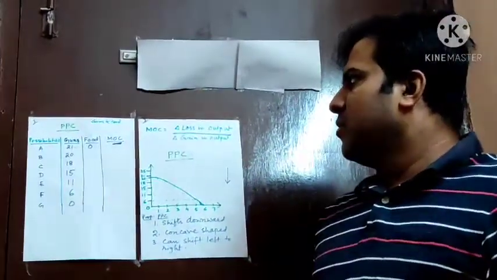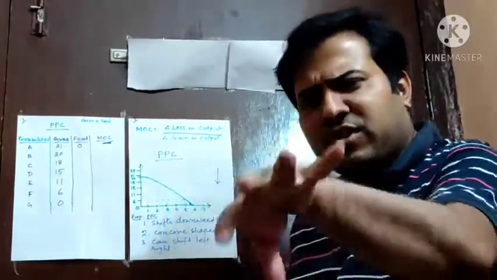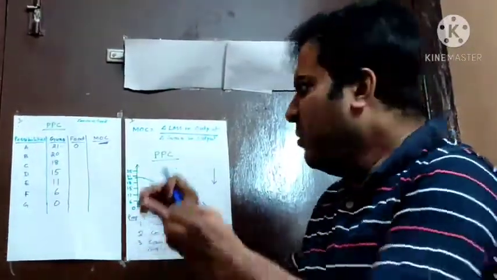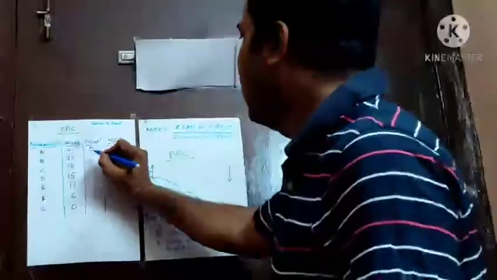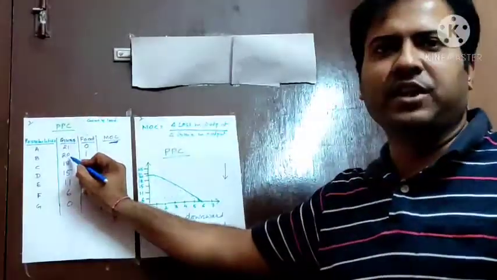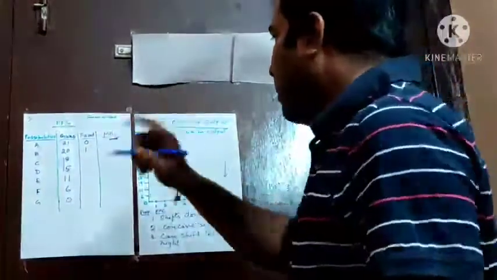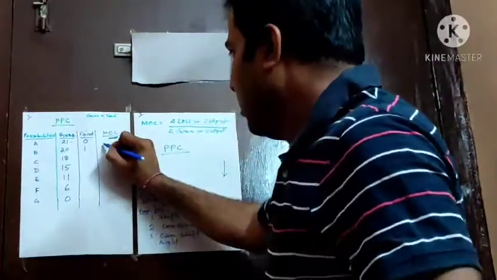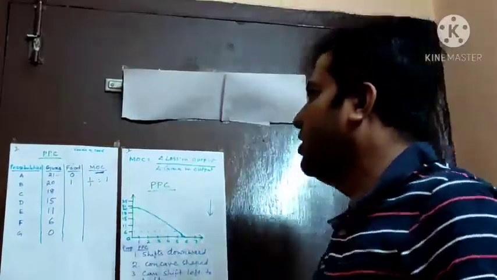Now we thought that no, we should not use the entire resource just to make guns. Let's take out some of the resource. Some will make food, and the rest, the maximum, will make guns. So 1 unit I have taken out and invested in food. So how much does the gun become? 21 minus 1, 20. Now what is the gain? 1. What is the loss? 1. 1 equals 1. MOC will be 1.